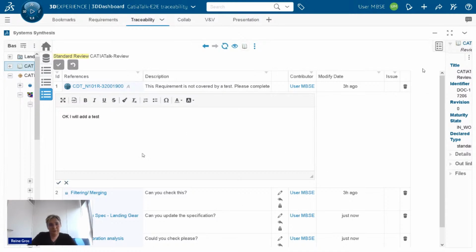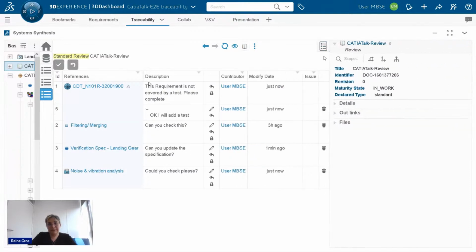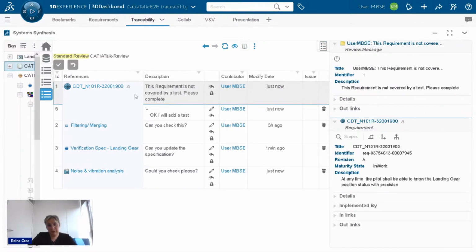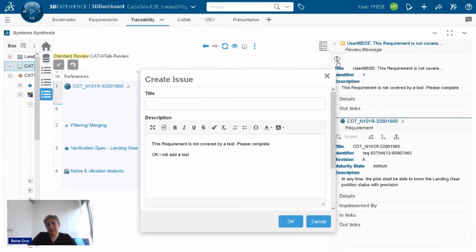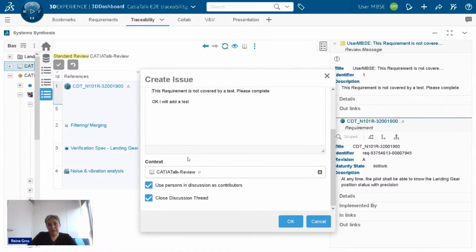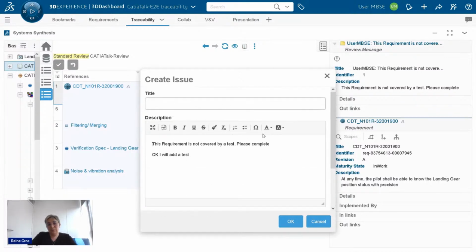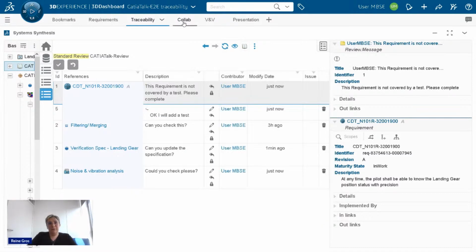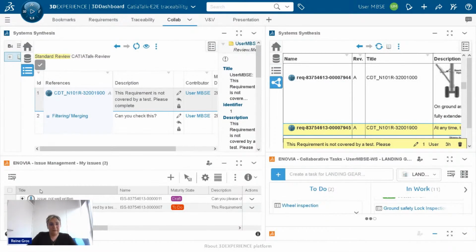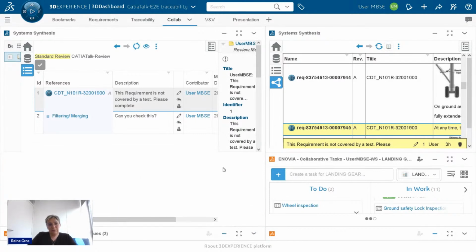And you can, if you want, directly from your remark, create an issue here. You will attach your review to this issue so as to enter into a process of change. Okay, so I will not create it, but in fact, I have already created some issues associated to my review